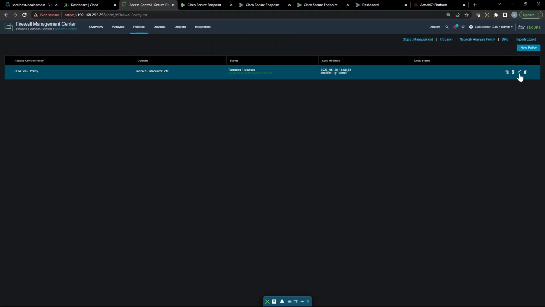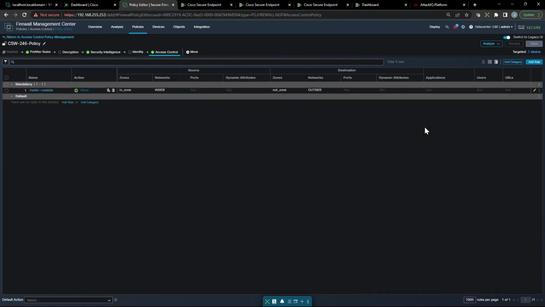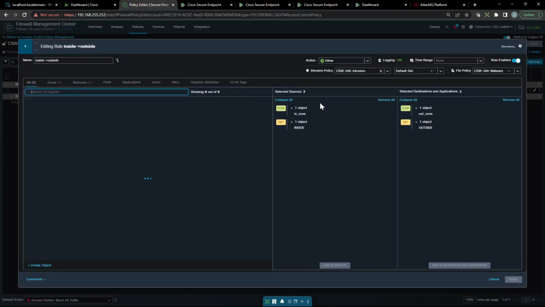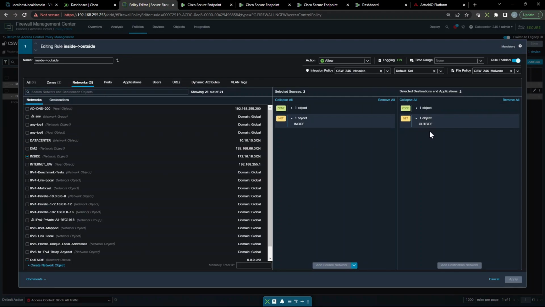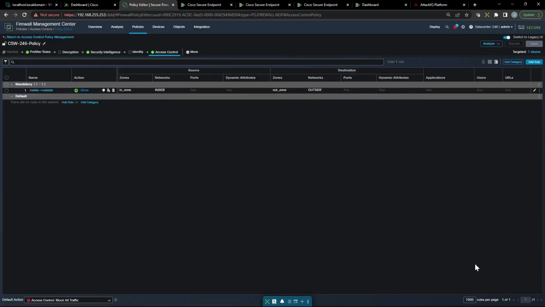We're going to go ahead and just give you a refresh of what we have here in regards to policy. So very simple, inside, outside, allow, but we do have this wrapped up with an intrusion policy that's set to detect only, as well as a file policy to detect malware. There's our intrusion policy. And if we look over to the right here, we will see our file policy, which again is looking for malware. We'll go ahead and cancel this out. Everything looks good here. Let's go to analysis and we'll go to unified events